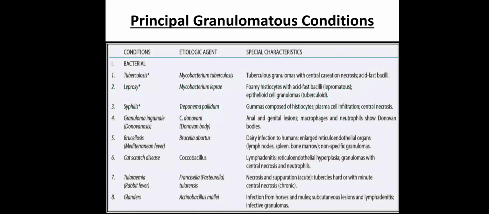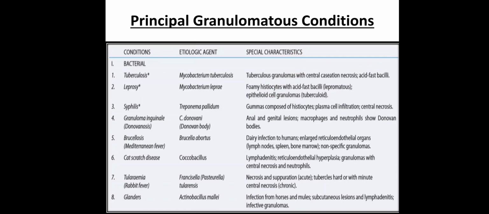Now, some principal granulomatous conditions, like bacterial, which includes tuberculosis, leprosy, syphilis, granuloma inguinale, brucellosis, cat scratch disease, tularemia, glanders. Here are the etiological agents of each and the special characteristics. Coming to the first one, that is tuberculosis, the characteristics are the tuberculous granulomas with central caseating necrosis and